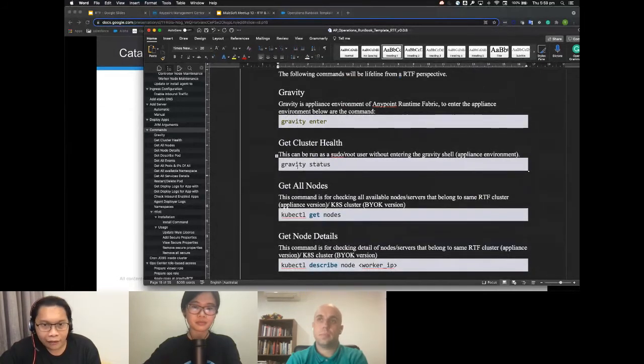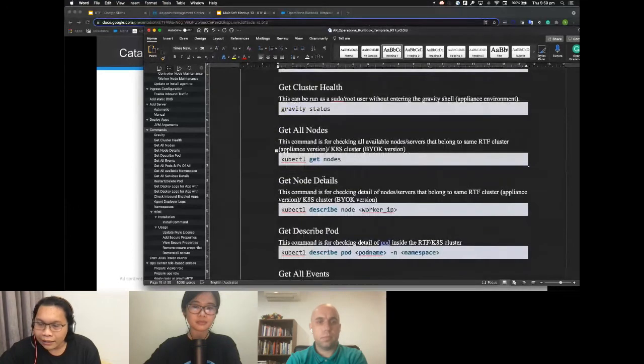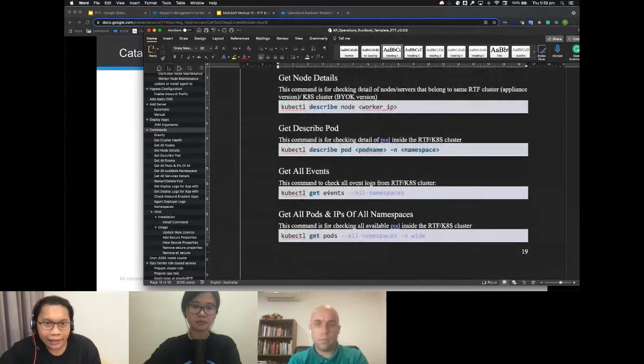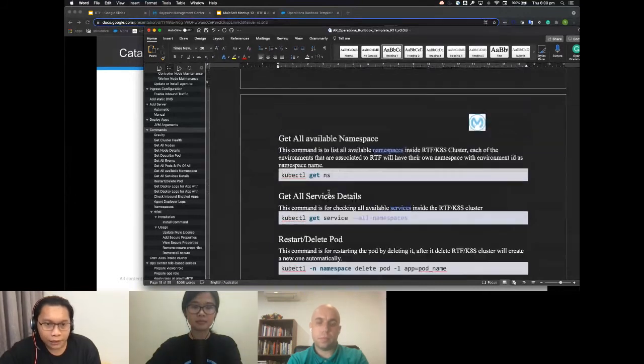For example, checking the gravity or your appliance Kubernetes status, how to check the cluster health, and some other commands on the Kubernetes side to check the healthiness of the node, how we can describe the pod and everything, and then get the events. Is there any cluster event causing delay or preventing the application from being deployed? That's all the commands that are put on the runbook.